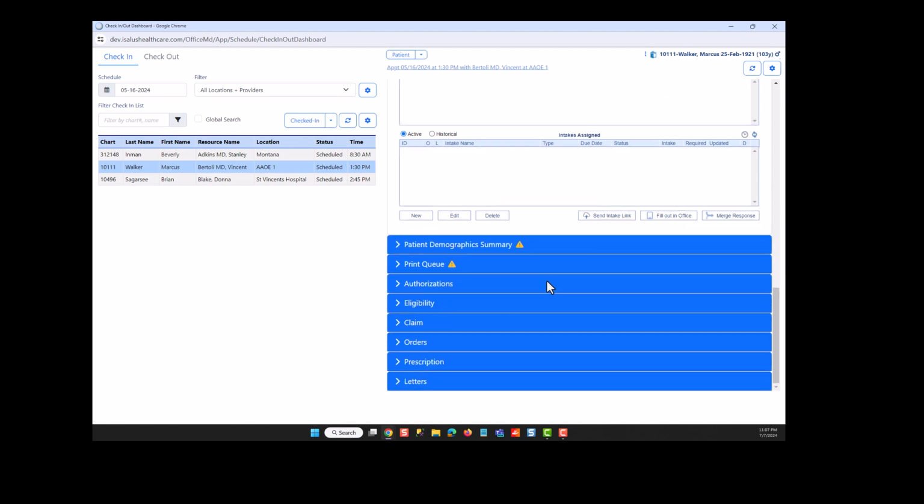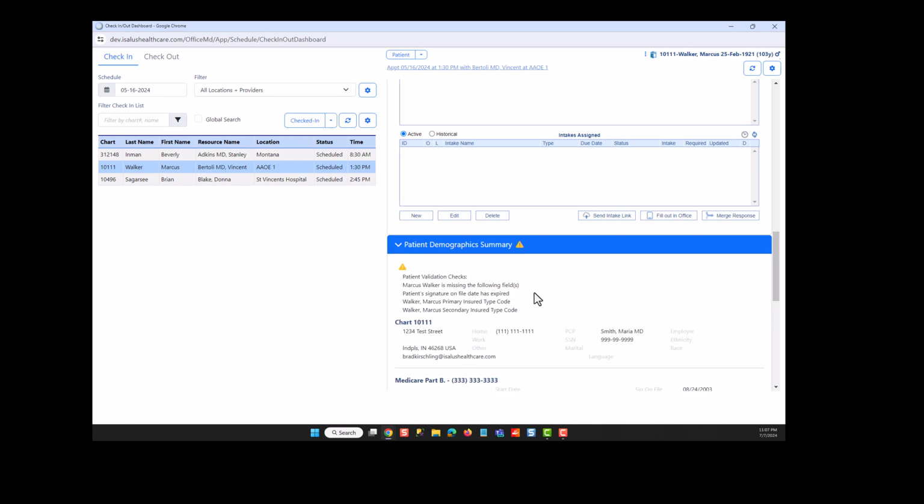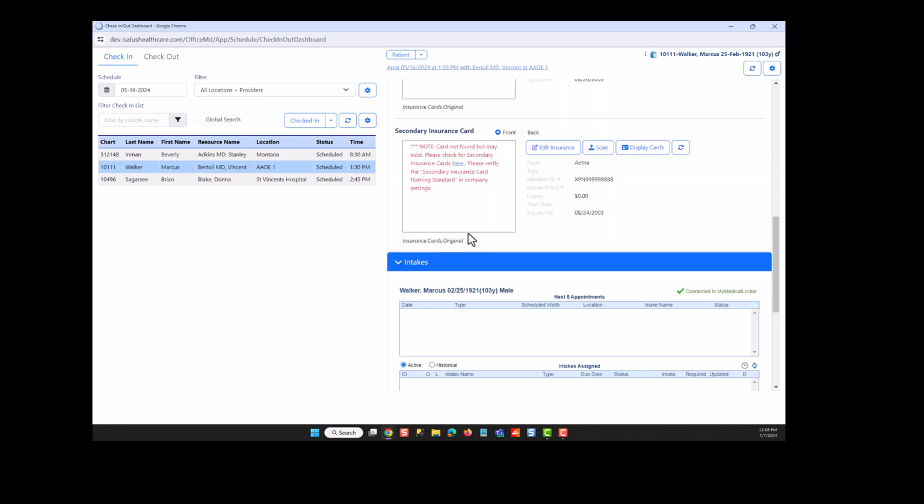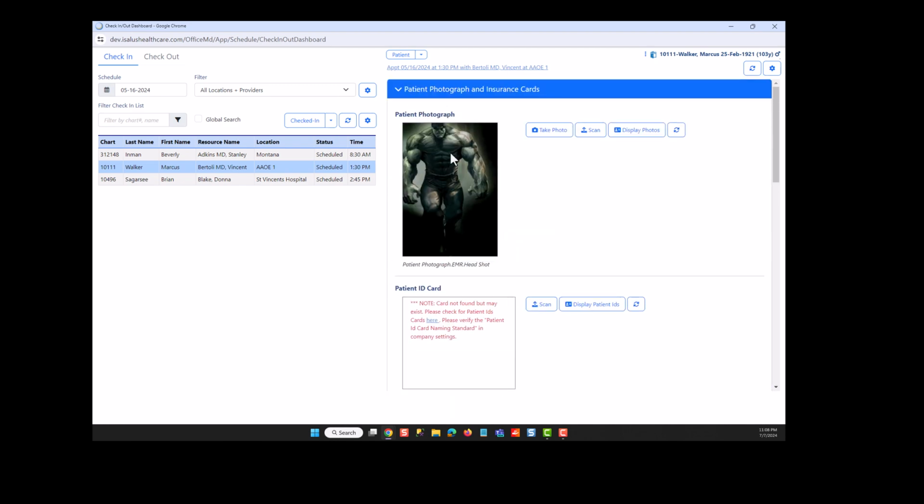If everything looks good, just keep scrolling through, expand only those sections that I need. And obviously, if there are sections that you will review each time that you're checking in a patient, then you could set them up to display, as I did these, where they're auto expanded. I'm going to go through the details on each of these sections, but before doing so,